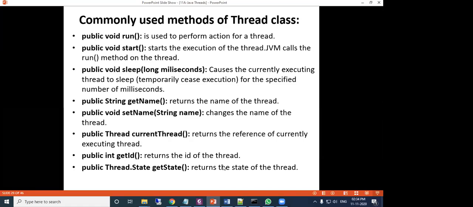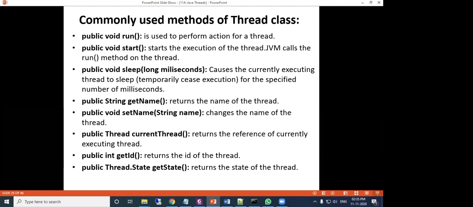These are the commonly used methods of the Thread class, which you will use in your program. The run method will be redefined inside the class where you have extended the Thread class.